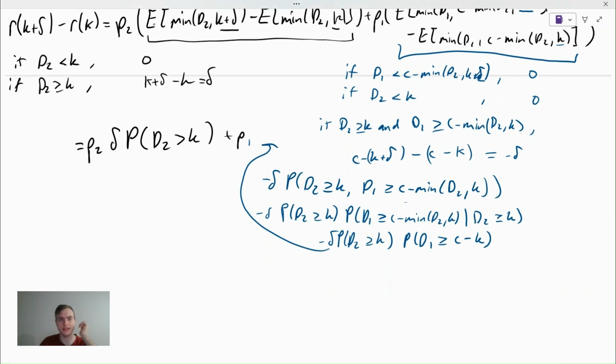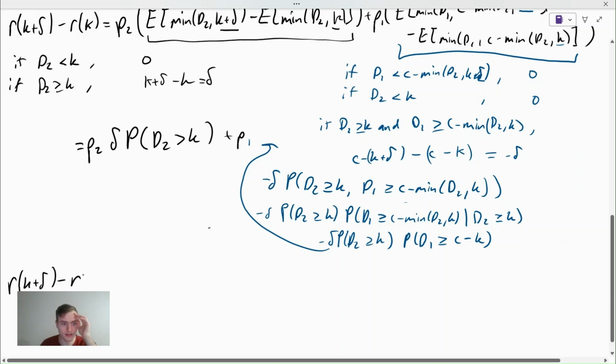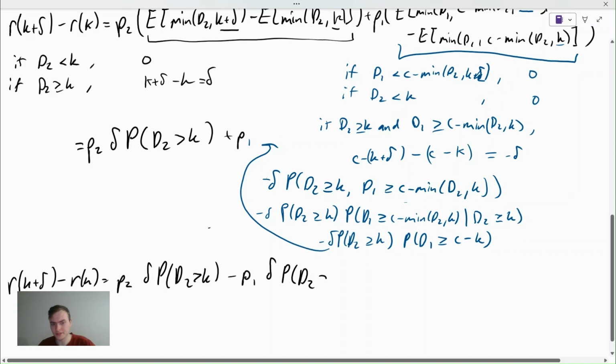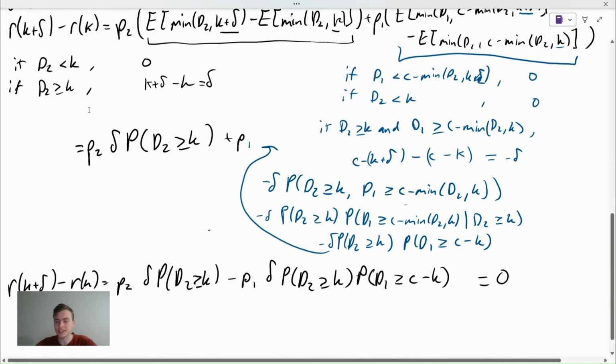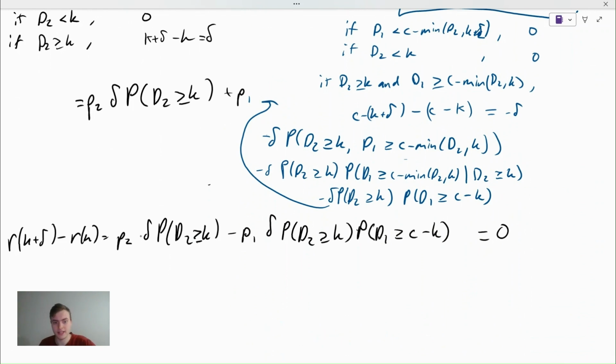So let's just go back to black and plug in the whole expression, right? So R(K plus delta) minus R(K) equals P2 delta probability D2 is greater than K, plus, we'll just change it to minus since it's plus and negative, minus P1 delta probability D2 is greater than or equal to K, make this one equal as well, sure. And then probability D1 is greater than or equal to C minus K. And we want to set this whole expression equal to 0 because that's our first order condition. We're setting the first derivative equal to 0,